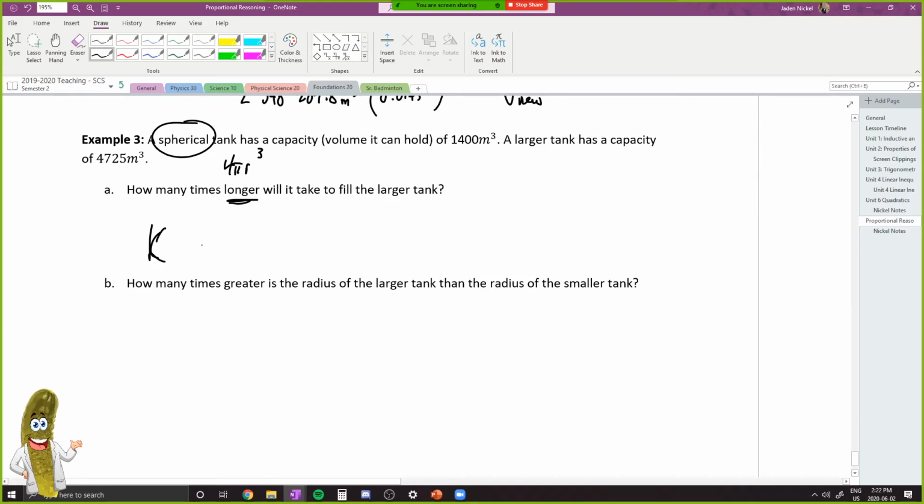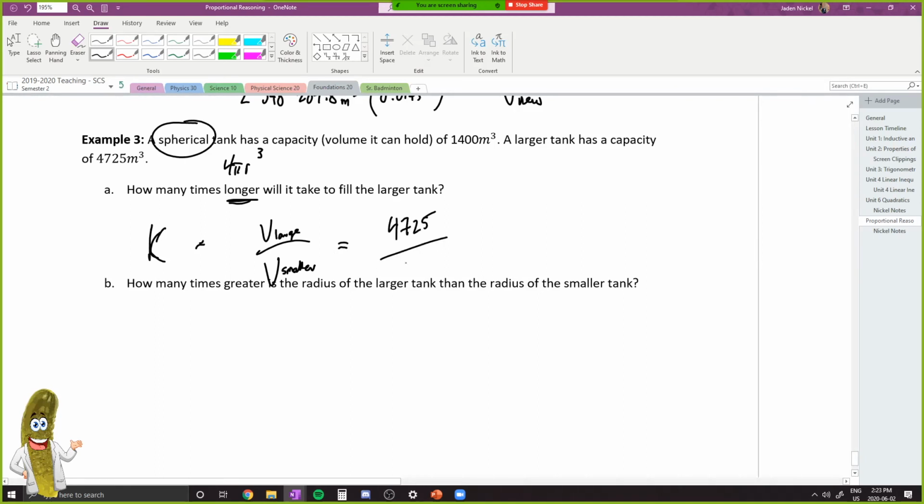And so what I'm going to do is take the volume of the larger and divide that by the volume of the smaller. And whatever that value is, whatever that comparison is, I'm in essence setting up a fraction or a ratio to figure out the scale factor value, and that will communicate how many times bigger something is than something else. And in theory, will also let me calculate how much more time it will take to fill up as well. So plugging in our values,